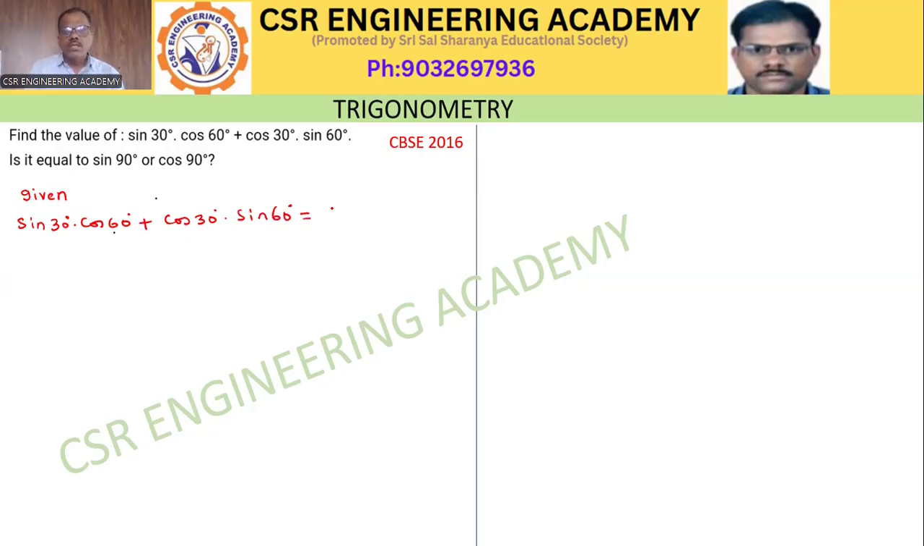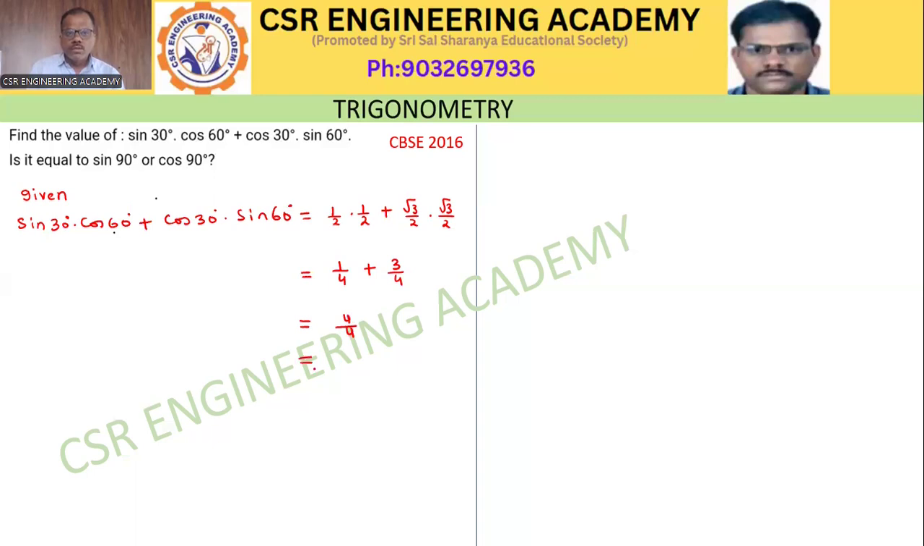30 degrees is equal to 1 by 2, cos 60 degrees is equal to 1 by 2, plus cos 30 degrees is equal to root 3 by 2, sine 60 degrees is equal to root 3 by 2. This is equal to 1 by 2 into 1 by 2, that is 1 by 4, plus root 3 by 2 into root 3 by 2, that is 3 by 4, is equal to 1 plus 3, 4 by 4, that